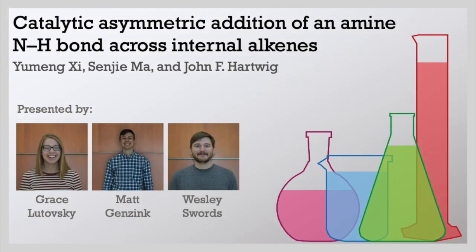Today on the Cyclo edition, we will be discussing the catalytic asymmetric addition of an amine NH bond across internal alkenes by the group of John Hartwig, which was recently published in Nature. In this paper, they identify a cationic iridium catalyst to facilitate the enantioselective hydroamination of unactivated internal alkenes, affording a